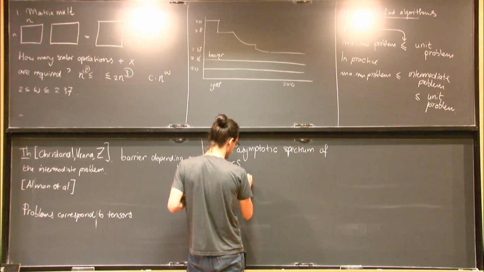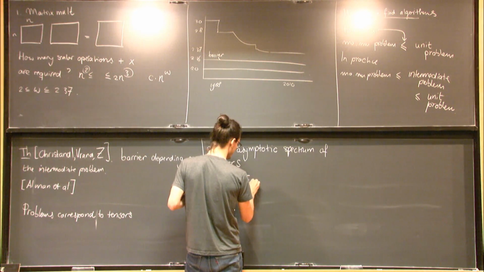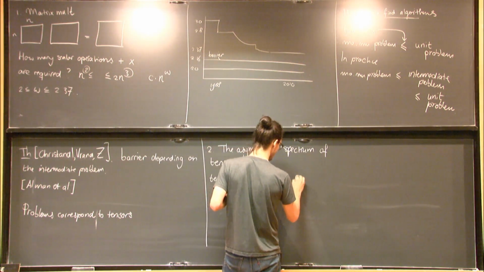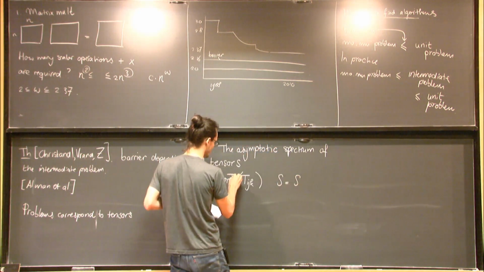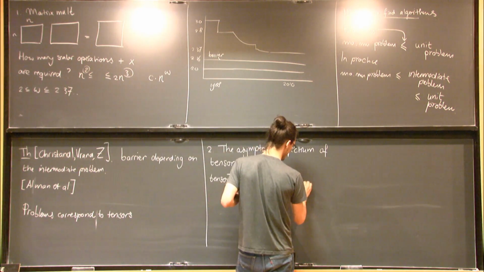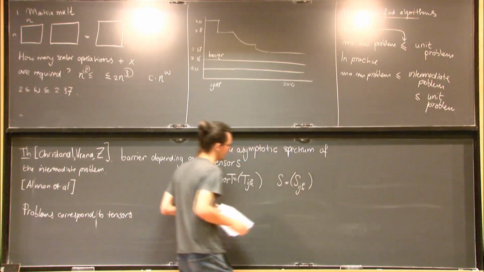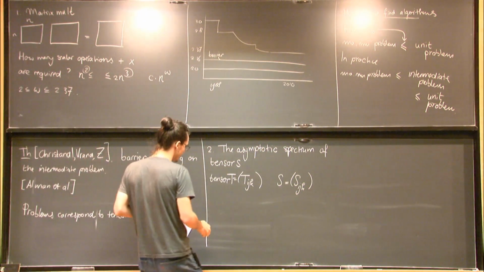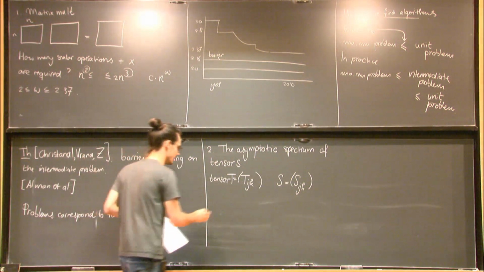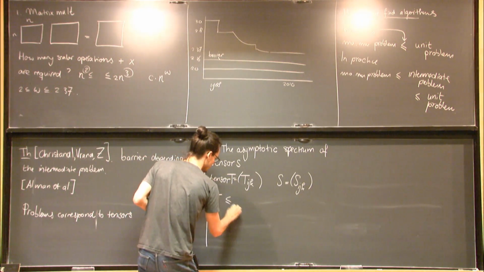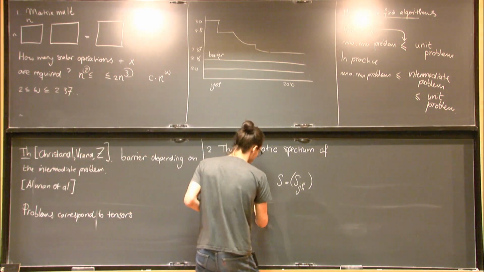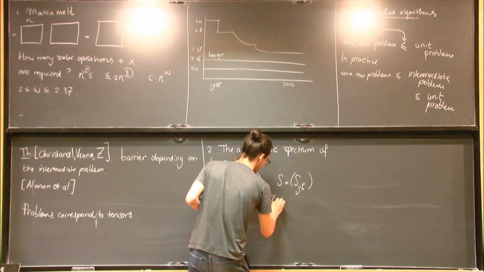So let's take two of them, T and S, of some format, right? With some dimensions, not necessarily the same. And we defined this relation on these tensors. So we said T is at most S if there exist three matrices, A, B, C,